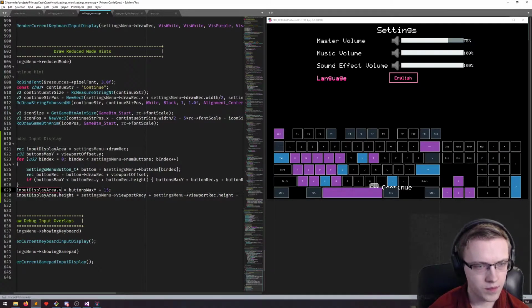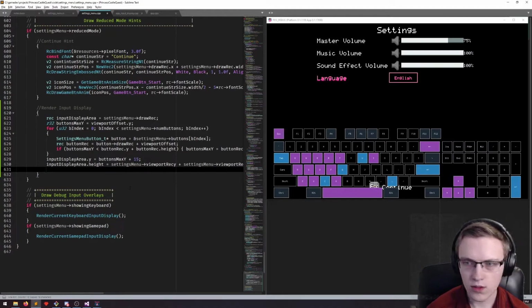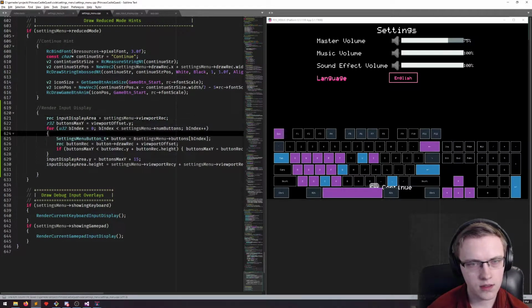Minus input display area dot y, and this can equal, and then we can do